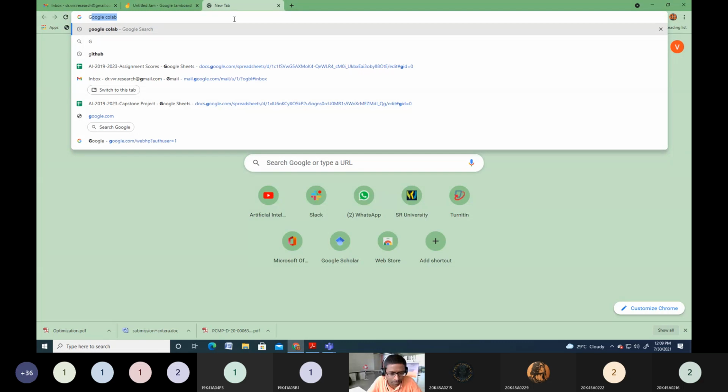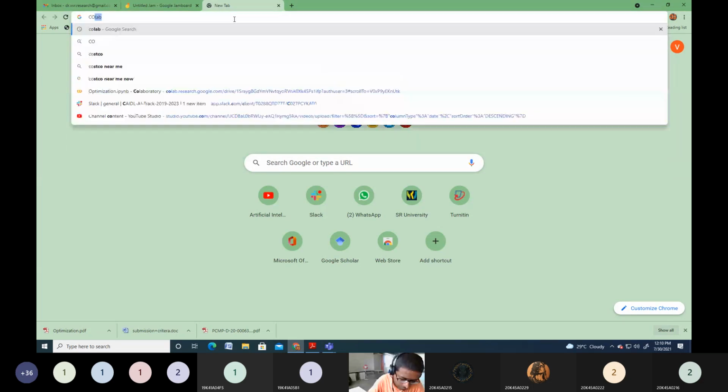And the second reason is I'm not worried about the installation environment and all those things. Everything will be taken care of by the Google Colab cloud environment. So that's why I'm going with Google Colab. But you can prefer your choice. You can install Anaconda or any other Python IDE on your computer and work on it. Not an issue. The environment is not an issue. You can use any other environment as well.